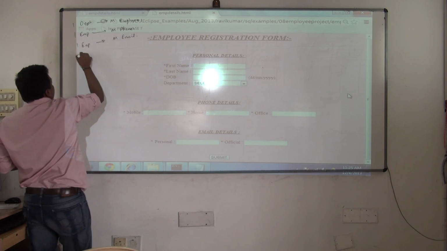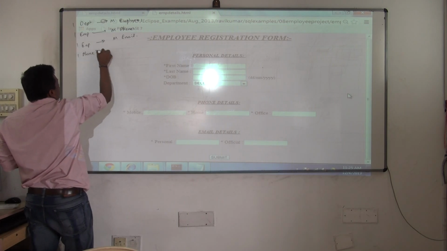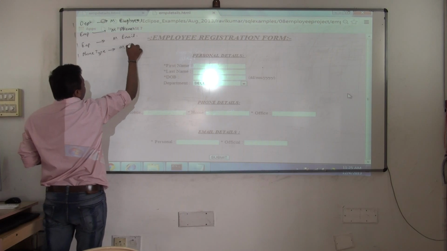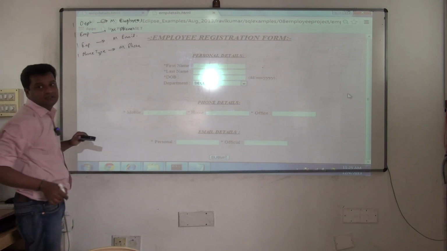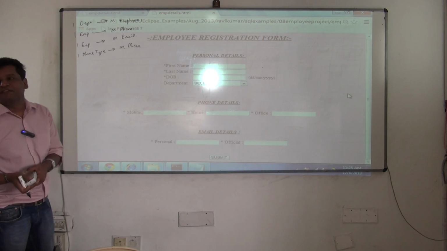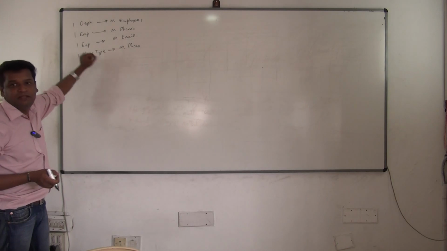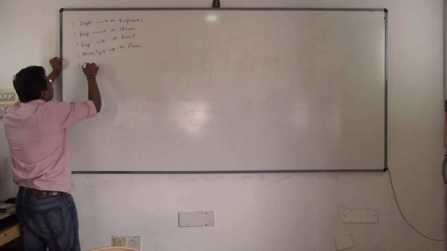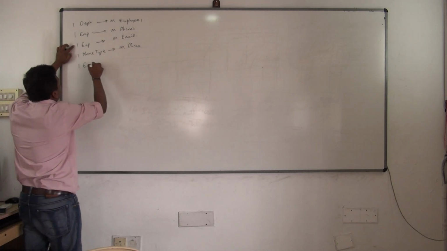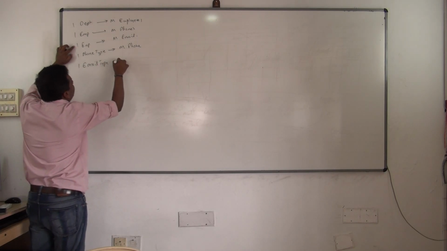More things are there. One phone type can have many phones. This I'll make you understand today. We are going to see things which you are not able to see, which I am able to see, because I am not you. One phone type can have many phones. One email type can have many